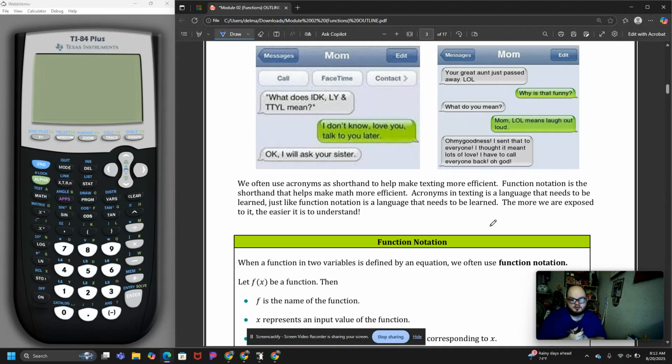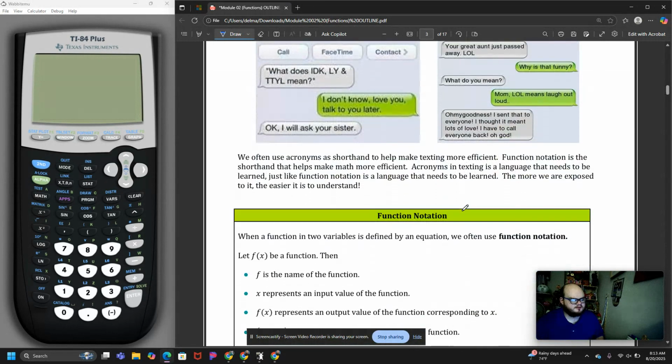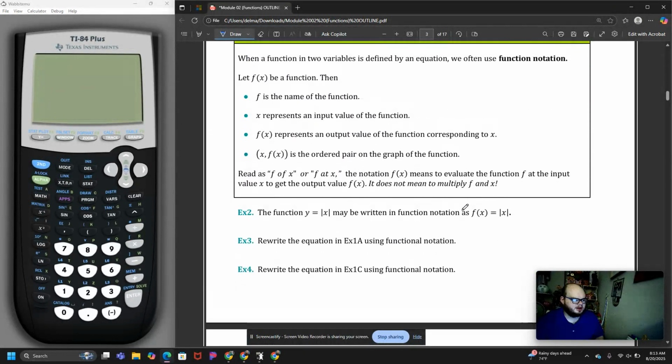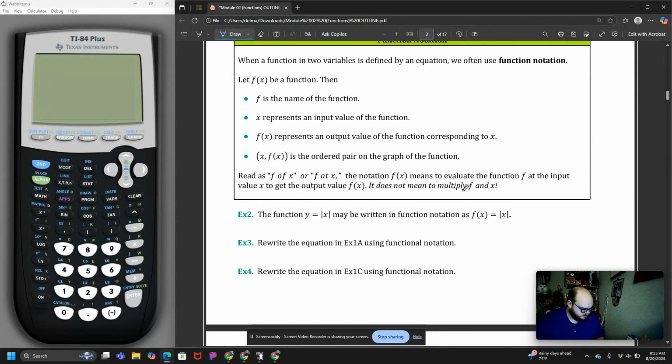Okay, so you kind of have to know the language, right? Because somebody might send something to you and it makes no sense because they didn't understand what the texting acronym was, like the examples up here. That's kind of the same thing for function notation. Once we know what it is, we can work with it pretty well, but until we know what it is and what it means, we kind of struggle. Okay? So that's why vocabulary is very important. Math language in English is very important in math as far as understanding what to do,